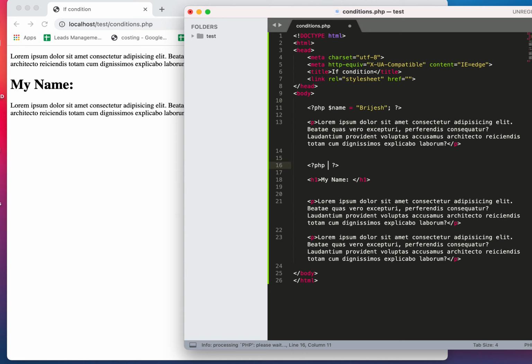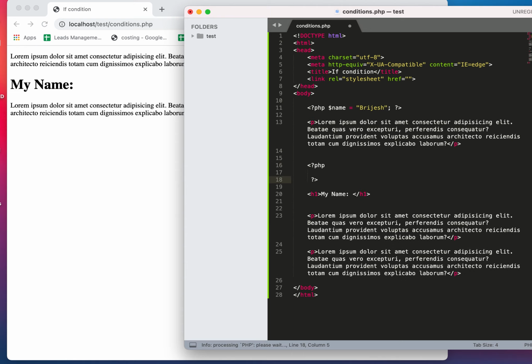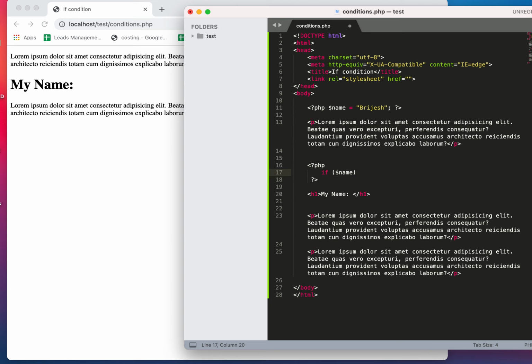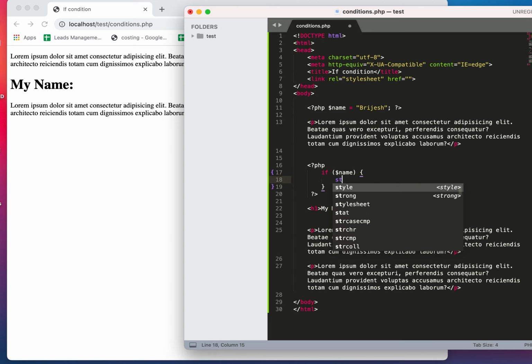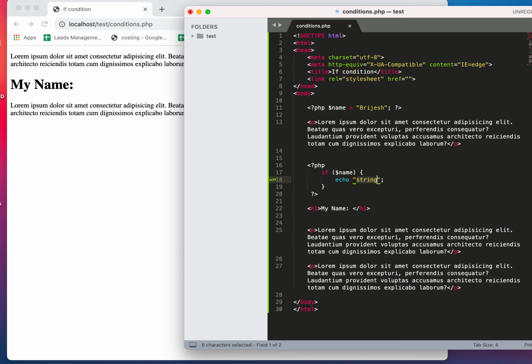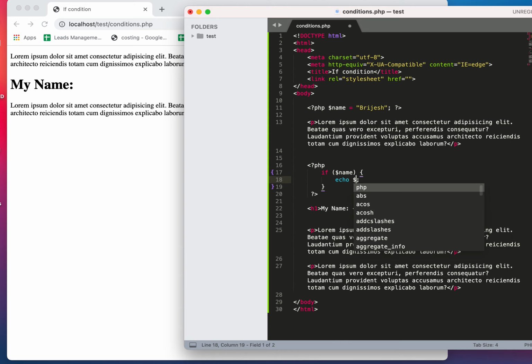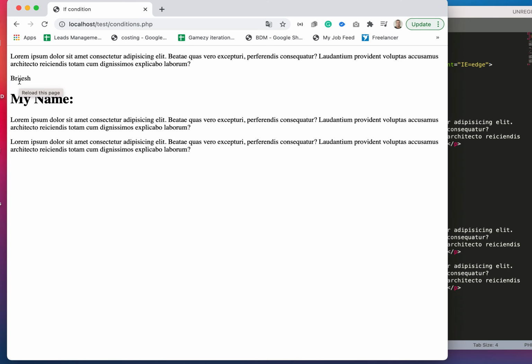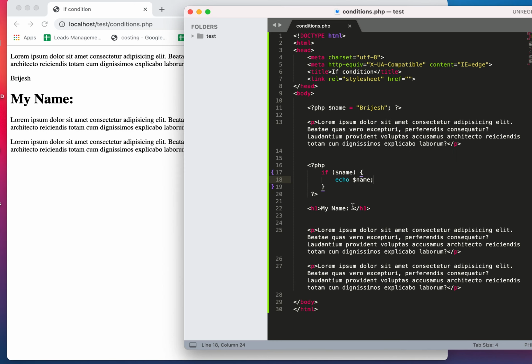And here, if dollar name is true, then display the statement echo dollar name. Dollar name will be true because here I have given a string. It will echo the name, but we don't want the name over here, we want the name over here.